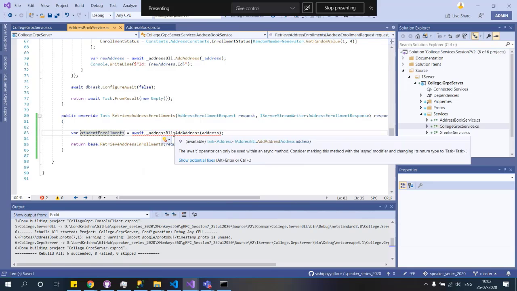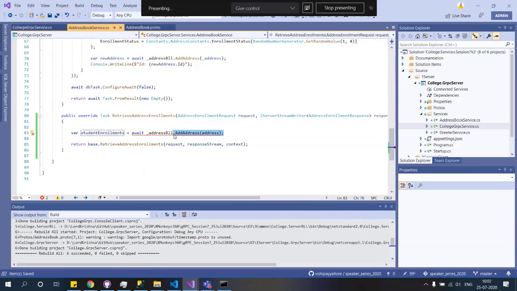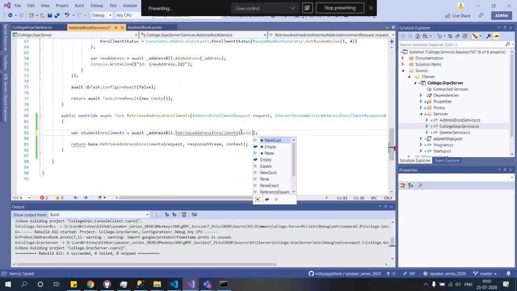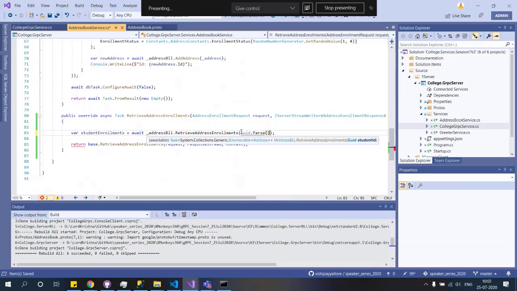Student enrollments we're calling it, and saying retrieve this, and that guy is returning.